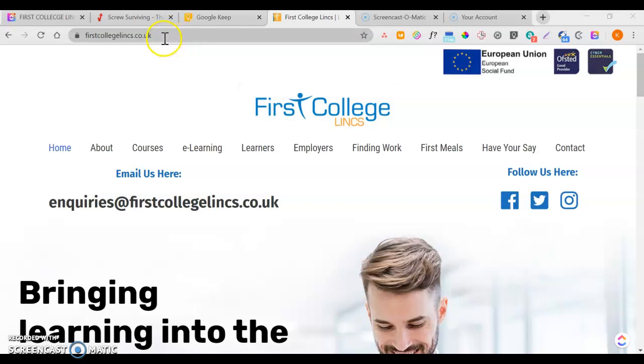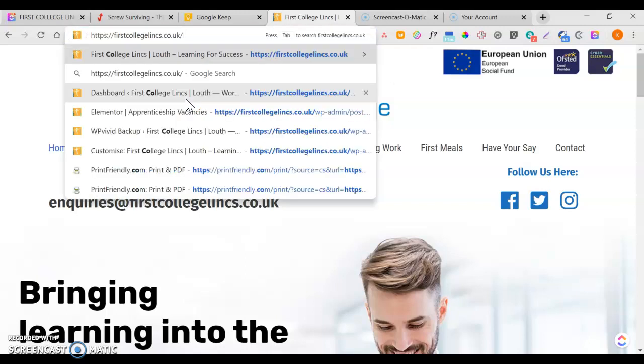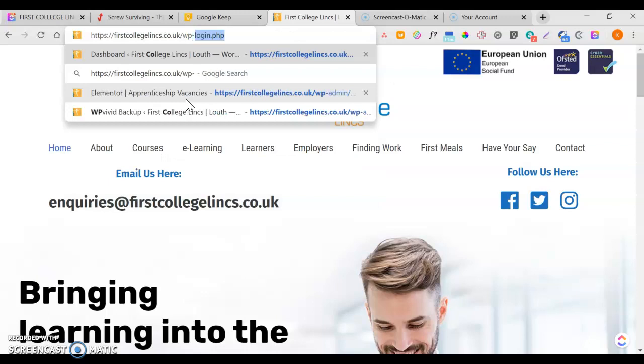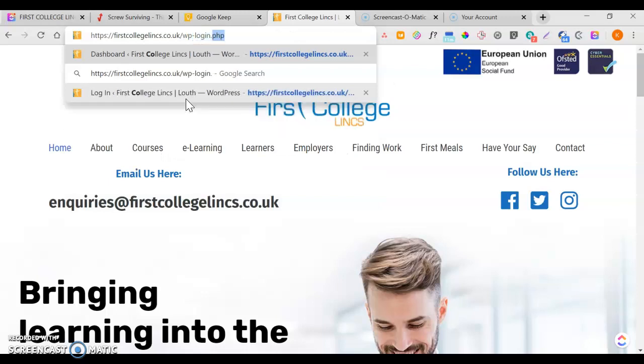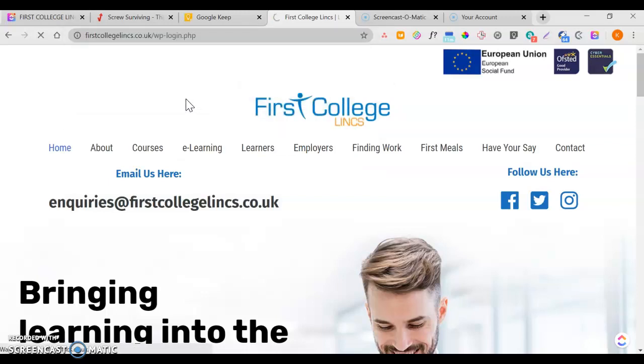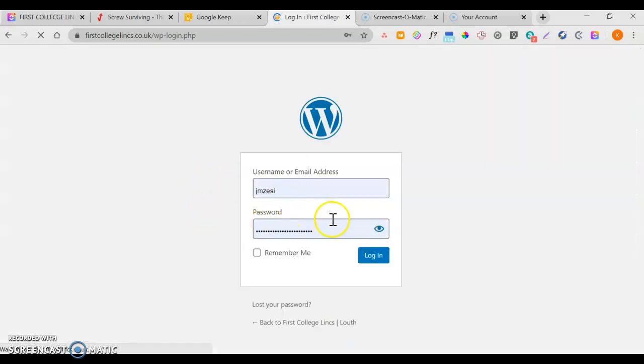So you'll have your login details, and to get to the login page, at the top where the address is, you just add to the end of the website address /wp-login.php, enter, and we should get a login page, and there it is. This is my login. You'll have your own login, so you'd put in your username and your password, click remember me, and then log in,